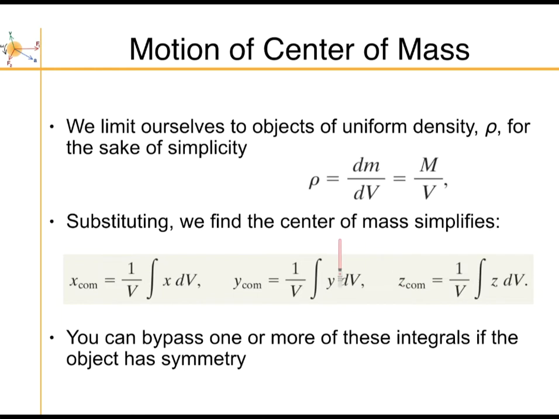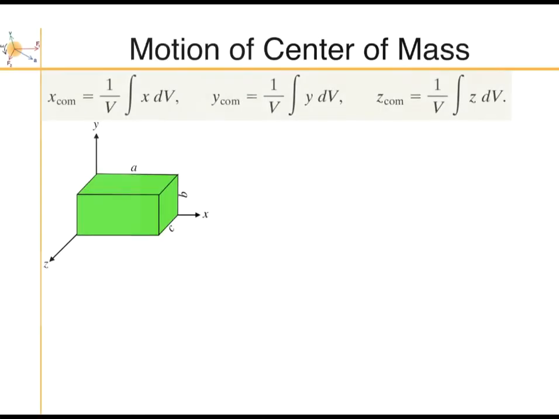And there's usually lots of ways that you can get around this, but I thought I would do one example real quick. Let's say I have a solid block here. So this is a solid rectangular block and it has a mass m. And I want to find its center of mass. Well, we know where its center of mass is going to be, right? If I were to draw the axis behind here, it'll be at about a over 2,